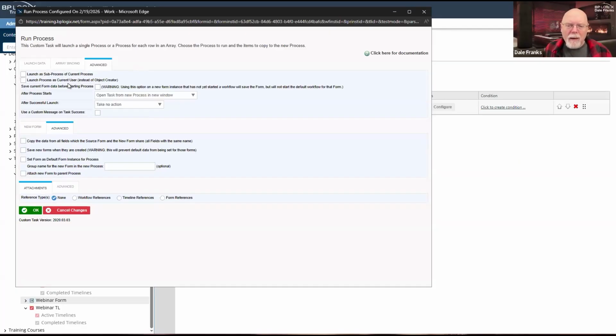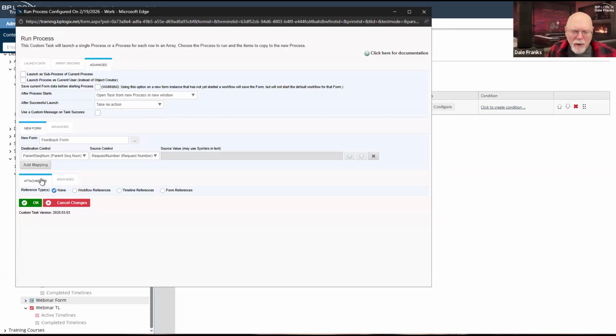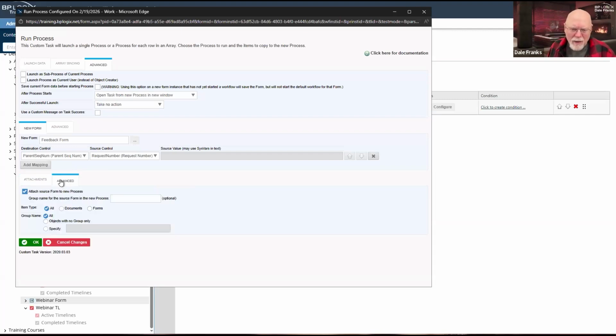But it does surprise me that I cannot block out the parent form instance from the child instance. And as you saw, I tried to do it two different ways. So again, this is something you may want to play around with to see how that works. It may not be a concern for you. I was only bringing it up in case you had somebody who had access to the definition for the feedback form that wasn't supposed to see stuff in any of the actual form instances. I'm not sure how relevant that would be in the real world.